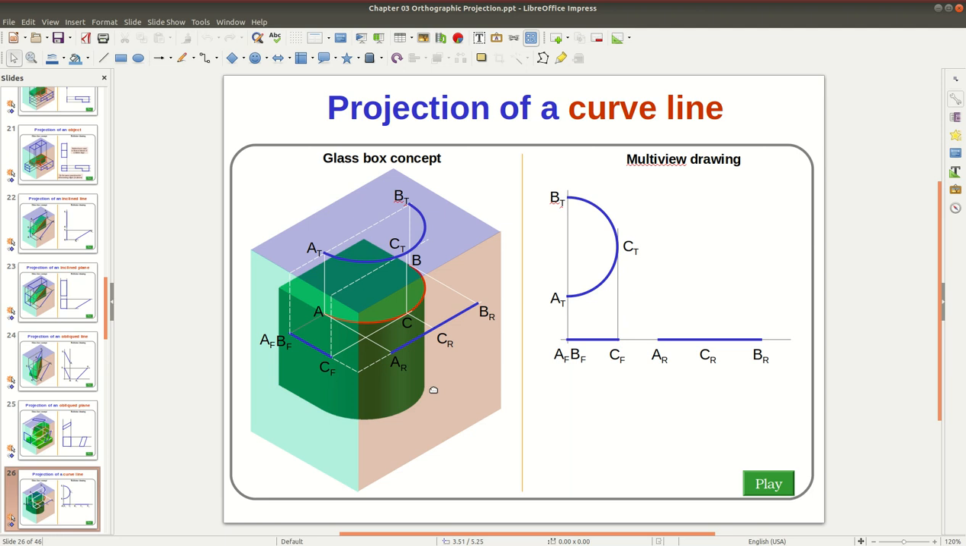So the inclined line, the curve, if it is represented vertically in one view, it is represented in the other two views as a line, as a small line, or if it is 3D, then you will see it as a rectangle. Okay,